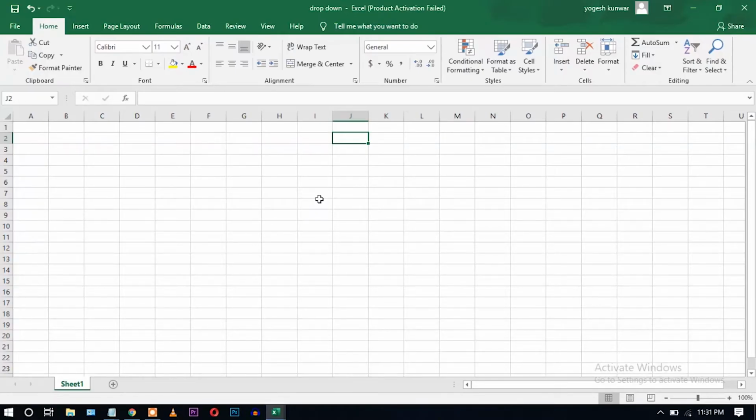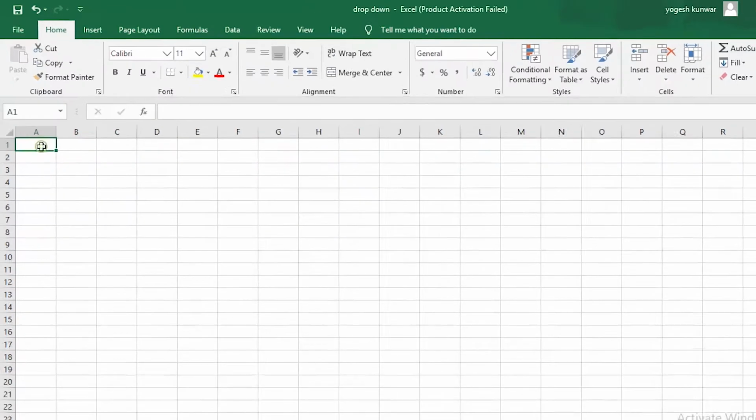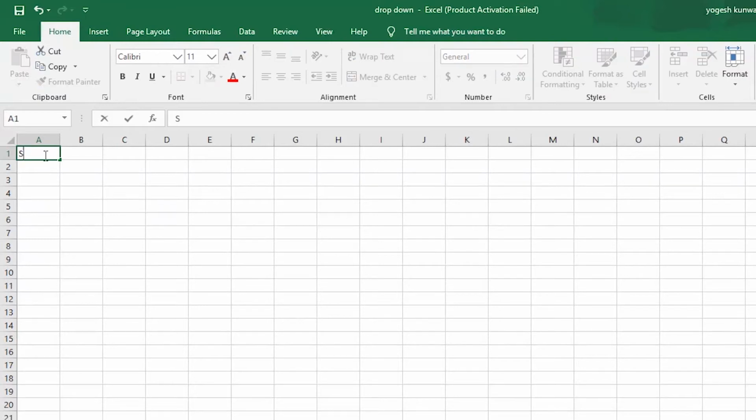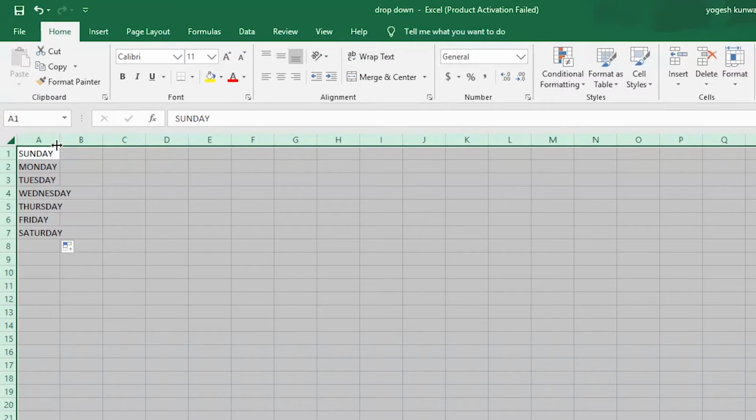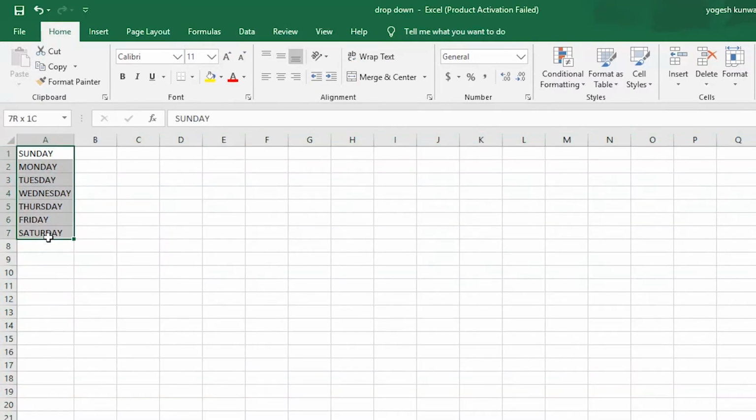First, create the list of the items which you want to add into the drop down list. So I'm creating my own list. So I have created my own list. I want to add these days to my drop down list,